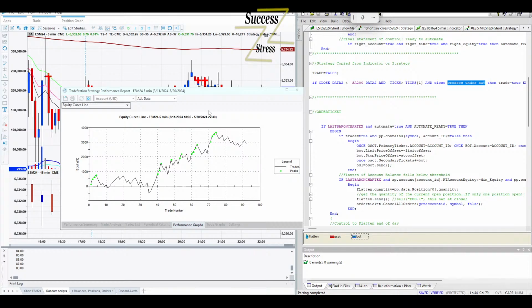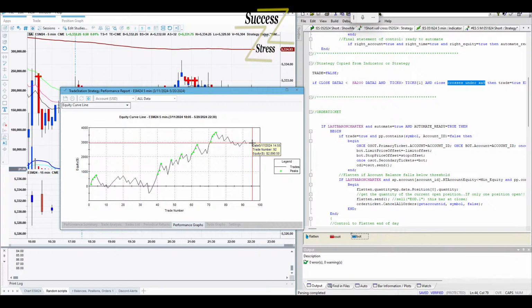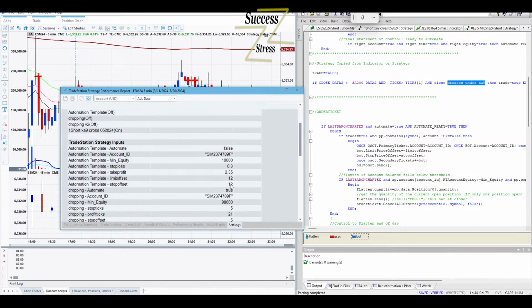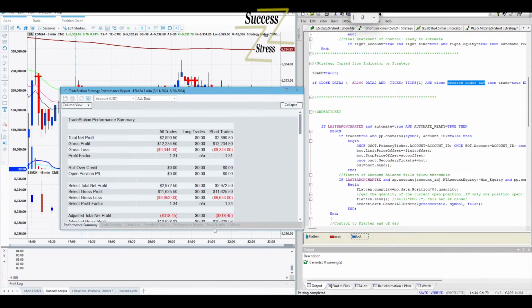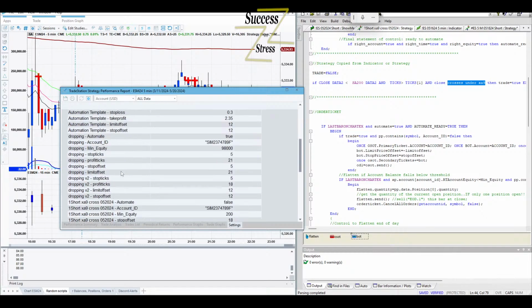So this is going back from March 11th to May the 20th, just a little over 2 months with one contract of ES. You would have took the $1,700 that it takes to purchase ES, and you would have turned that into an account of 4,700 because you would have made 3,000. All right, good deal. So what is the risk to reward on that? 1-to-1, 12-to-12, which in my book, from what I've seen out of things, not terrible.